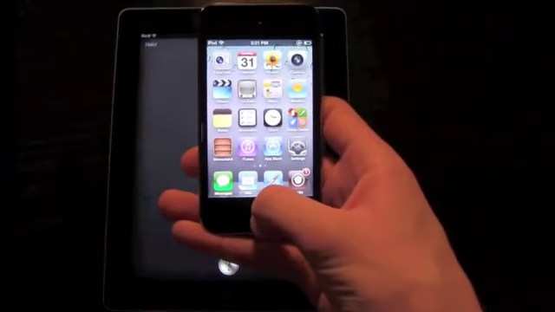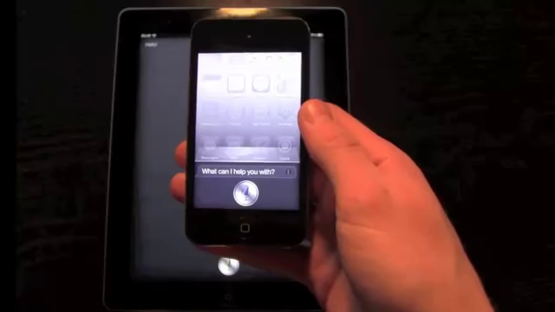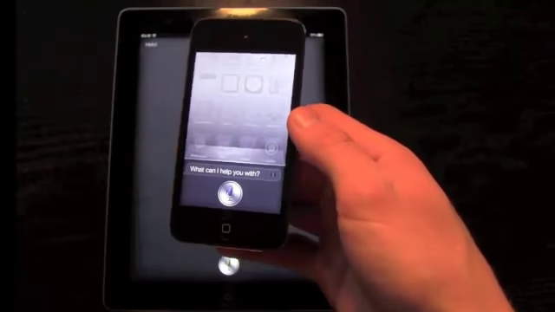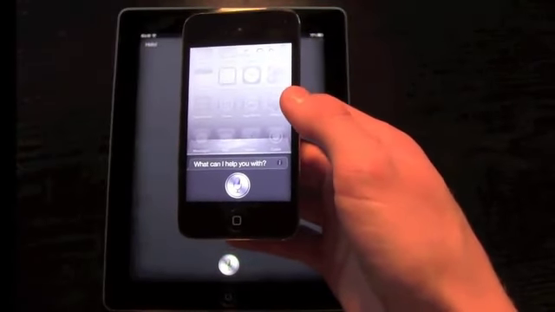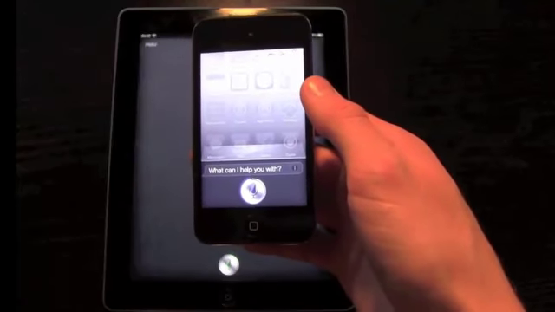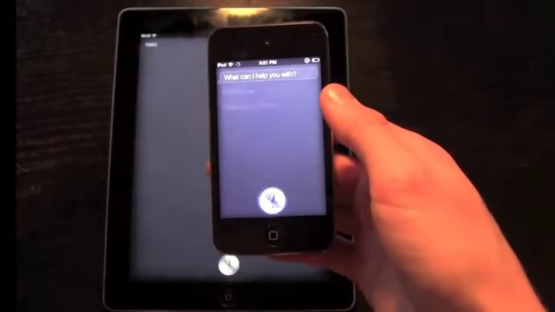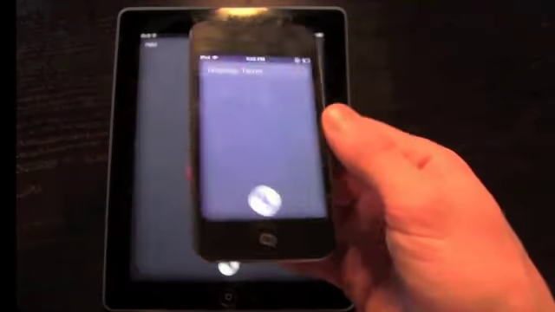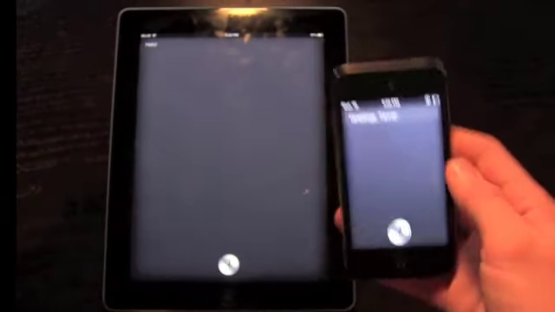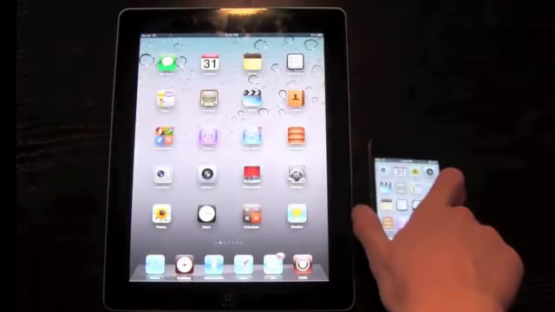I'm going to do the same thing. Hello. Greetings, Tanner. Okay, so you do know that it does work on both of these older devices here, and I'm